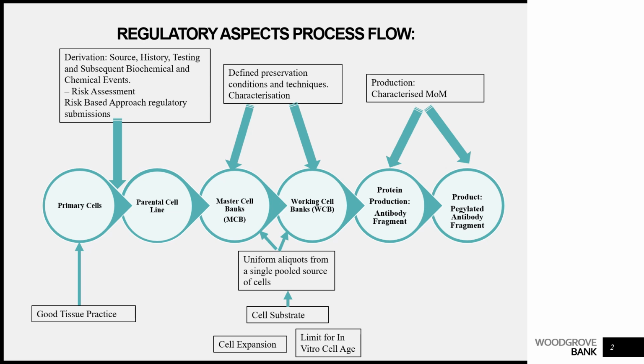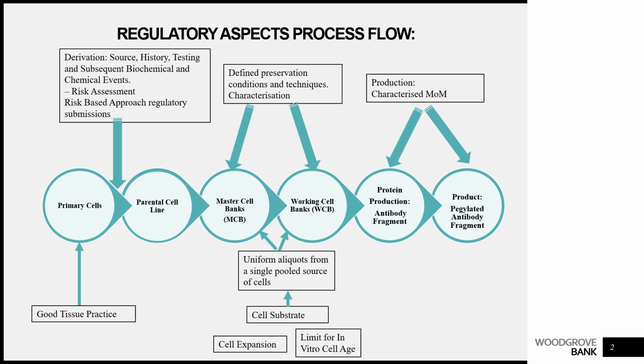Now, as I say, I've started with the primary cells, but in this particular case, it's actually a parental cell line, the Chinese hamster ovary cells, which is a well-established, well-recognized and well-characterized cell line. So we don't really have primary cells. But if it were a new product or some other product, you may start with a primary cell. In my mind, I think of it as you start with your primary cells, then you create your parental cell line, and then you have your master cell banks, your working cell banks,